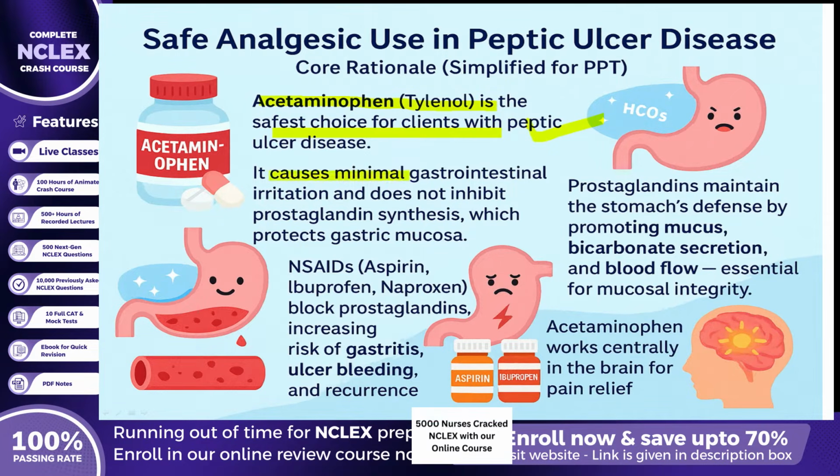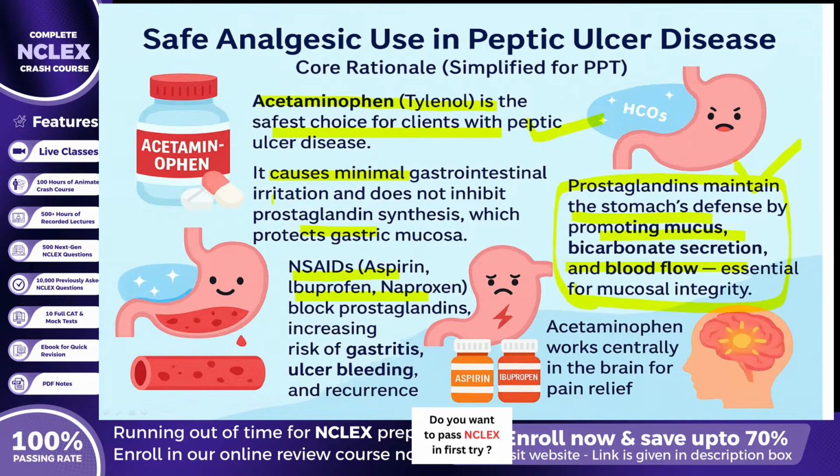Prostaglandins play a vital role in preserving mucosal integrity by promoting mucus and bicarbonate secretion, maintaining sufficient mucosal blood flow, and protecting the epithelial lining from acid-induced injury. Unlike nonsteroidal anti-inflammatory drugs, or NSAIDs, acetaminophen acts centrally on the brain to reduce pain and fever without affecting the protective gastric mechanisms. This makes it highly suitable for pain relief in ulcer clients, as it does not contribute to